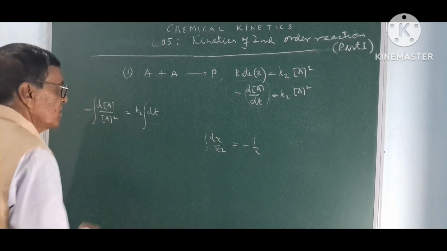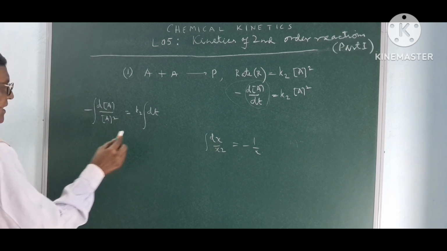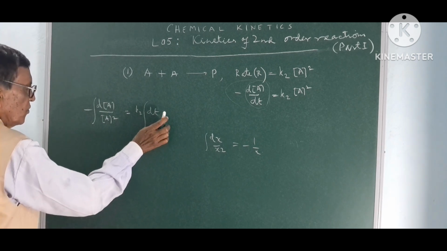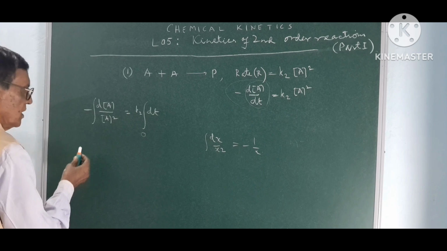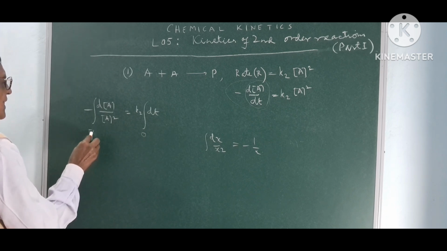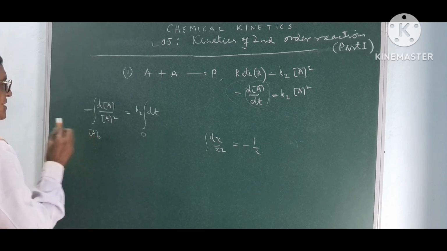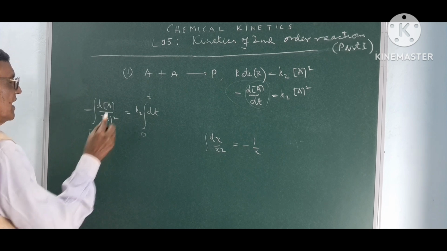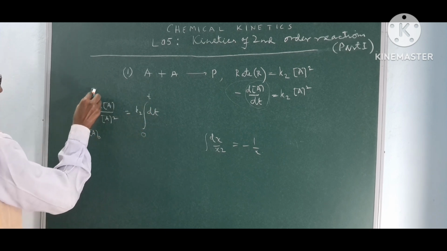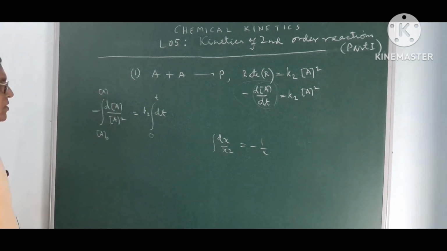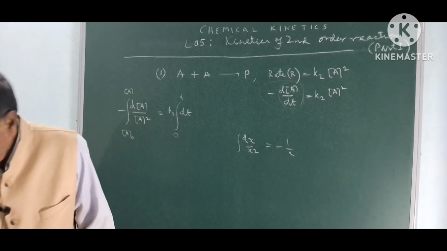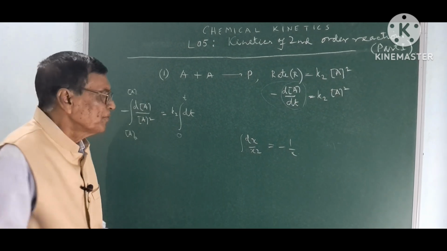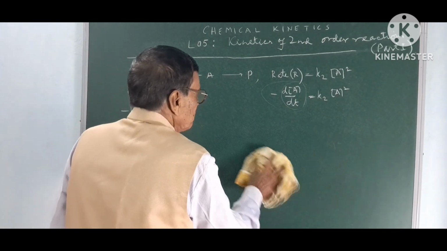In this case the limits are, when t equal to 0, the concentration is A naught, the initial concentration. When t is t, at that time the concentration is A. So if we do the integration and put in these limits, then it will be